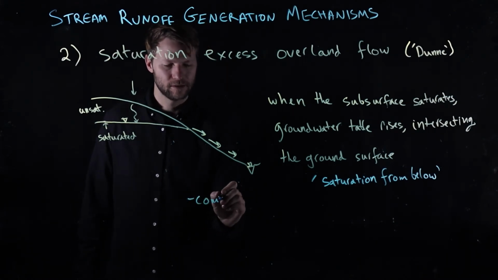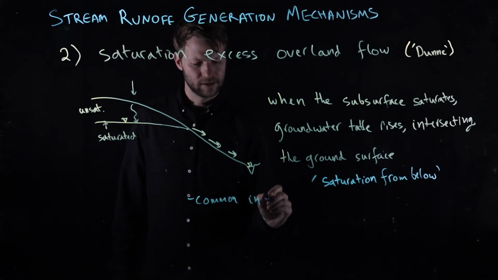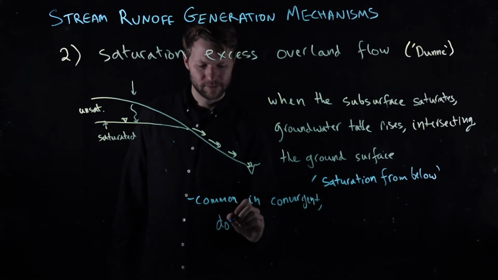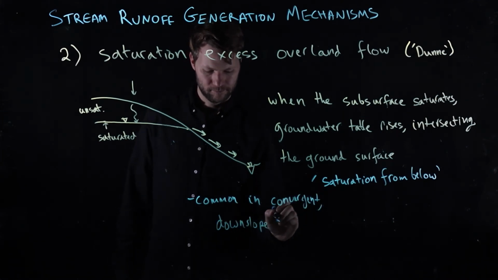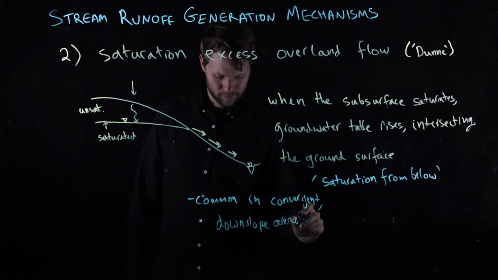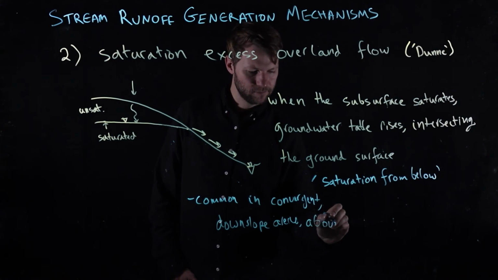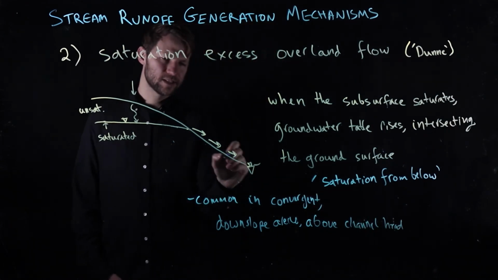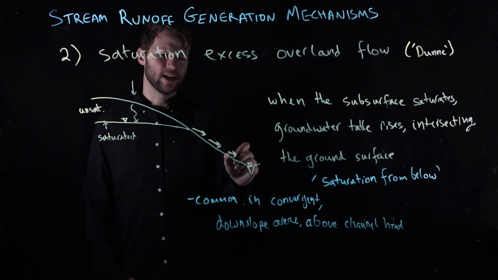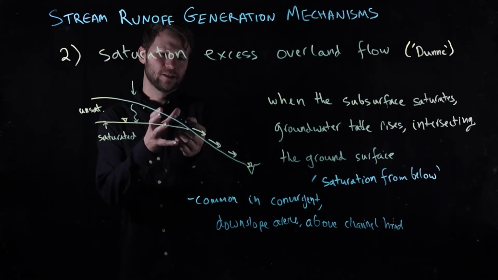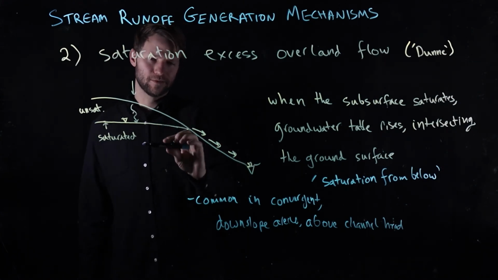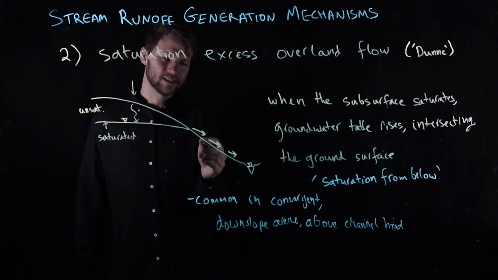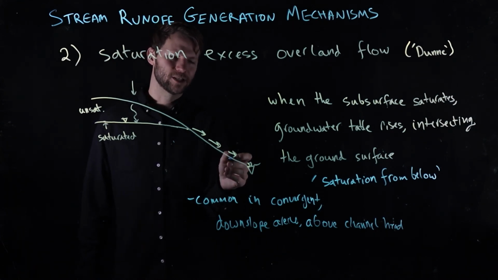So it's common in convergent downslope areas above the channel head, and this zone can obviously dynamically expand and contract, and so you can have a saturated zone that is up here at this part of the hill slope if you're under a very wet condition, and then as the water table recedes over a matter of days, this zone can still be contributing saturation overland flow even when it's not